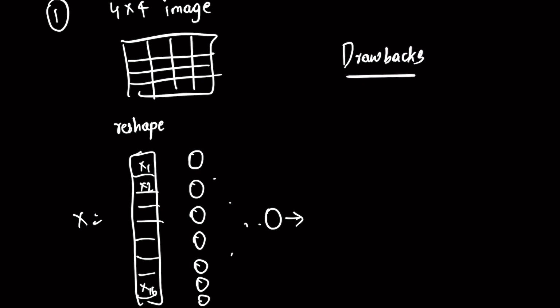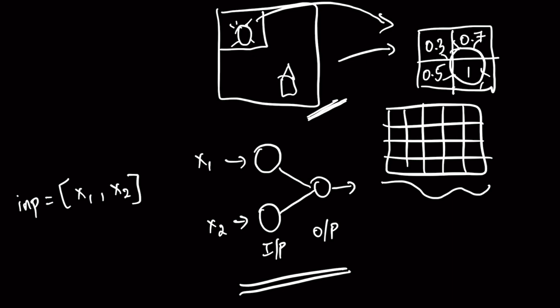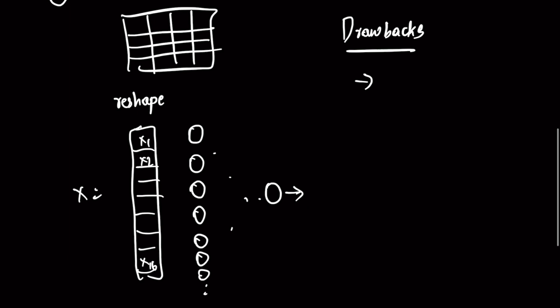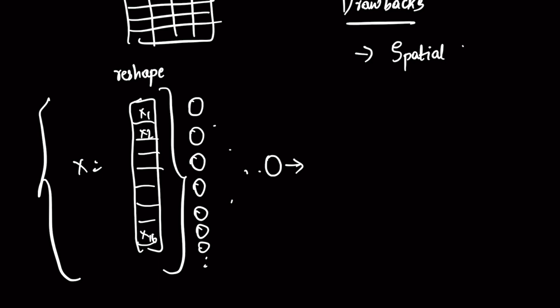So let's discuss them one by one. So what's the first issue? Let's go back to our previous example wherein we had a small house and sky with a sun in it. Now assume I were to reshape it in this format, we would lose all the spatial features,